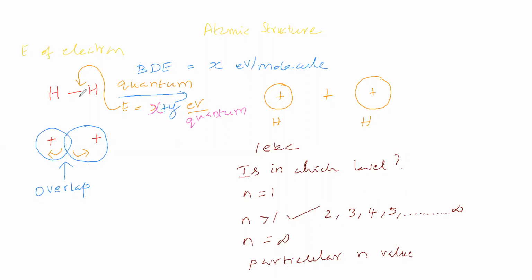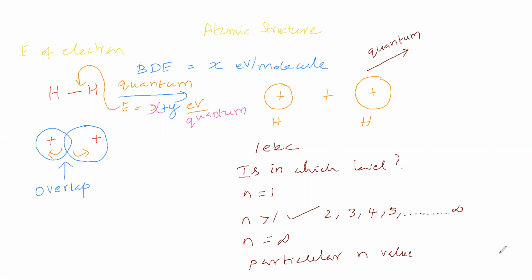Now, the molecule dissociated into atoms, so we got atoms. Next, these atoms absorb a quantum. These atoms absorbing a quantum means their electrons are absorbing the quantum. So this electron absorbing a quantum means that electron will go to a higher energy level. That electron will go to excitation. Therefore, excitation is possible.